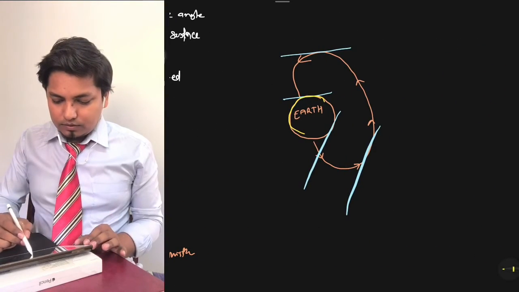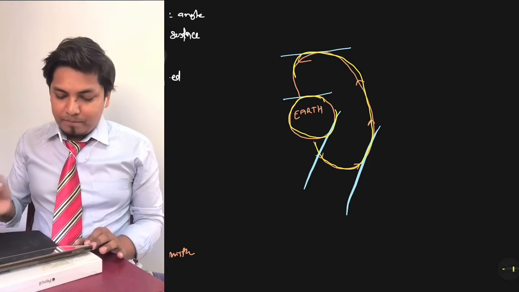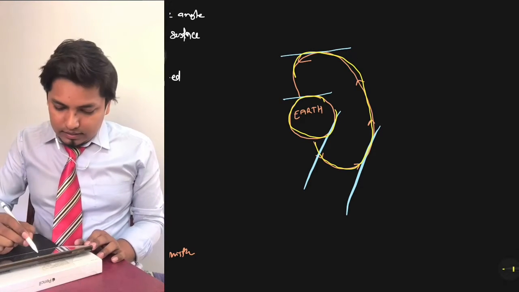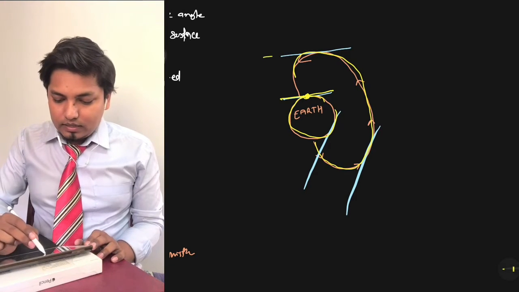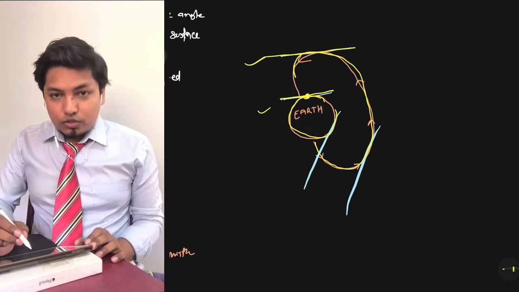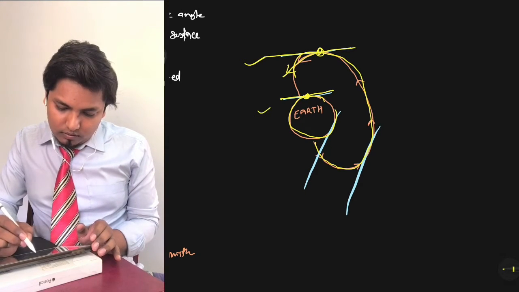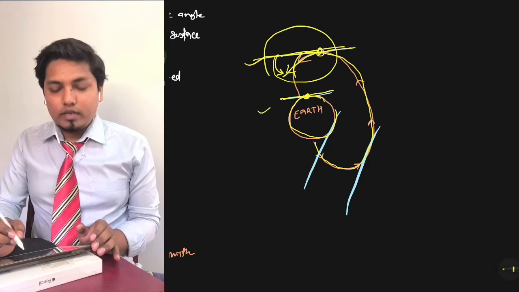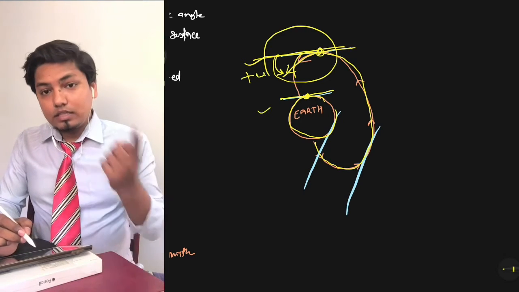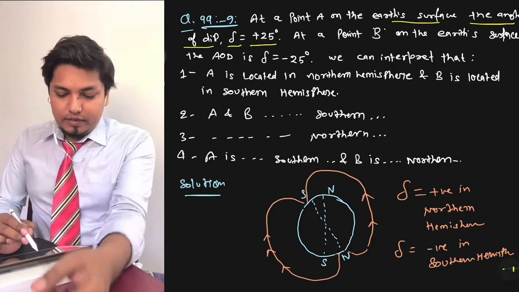Suppose this is our Earth and this is the magnetic field line, right? Now this is the horizontal for this position. In the same way, this is the horizontal which is parallel to this. So you can see at this point your magnetic field is downward. So from this horizontal, if you measure the angle, you are actually measuring anticlockwise. So this angle will be positive. That's why in the northern hemisphere the angle is positive. That is delta, or you can say del, plus 25 degrees.